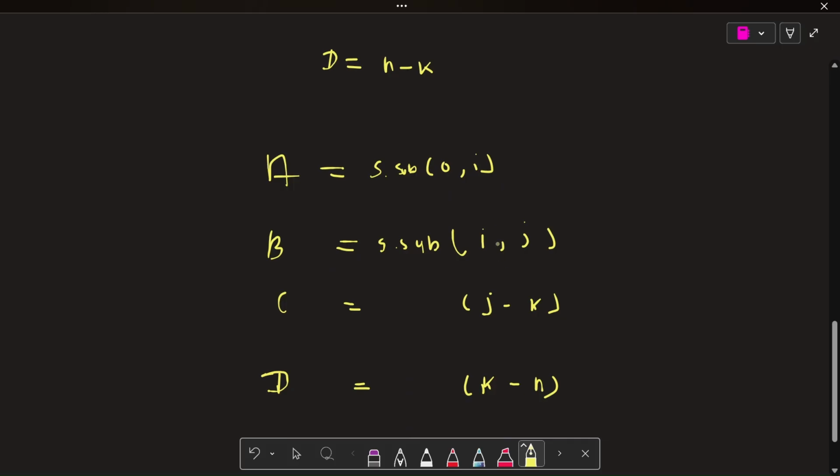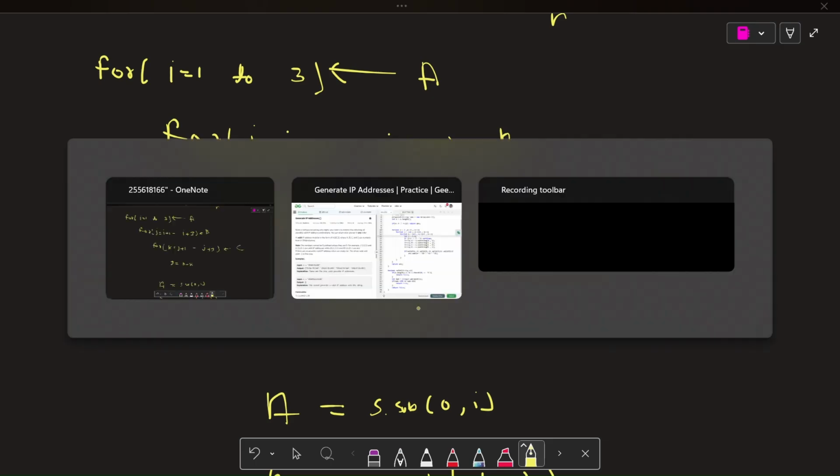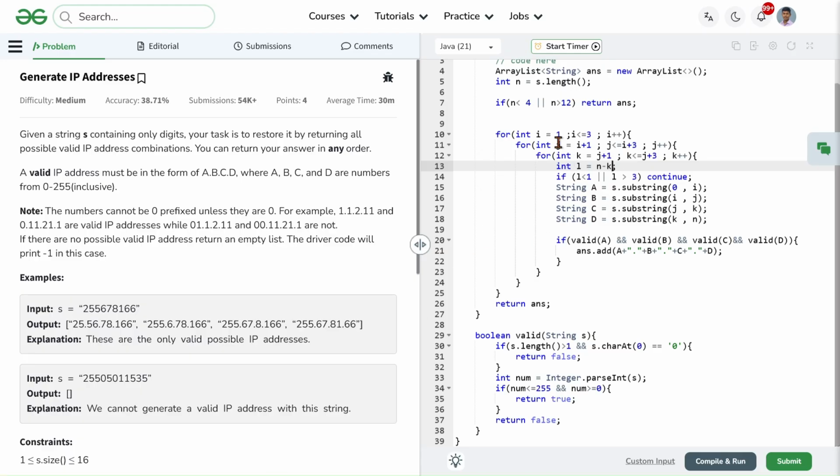Now we check if the length of D is lesser than 1 or greater than 3, then it's not a valid partition, so we continue, meaning we skip that one. If it is in the range, then we make the strings A, B, C, and D, partitioning 0 till I, I till J, J till K, K till N.